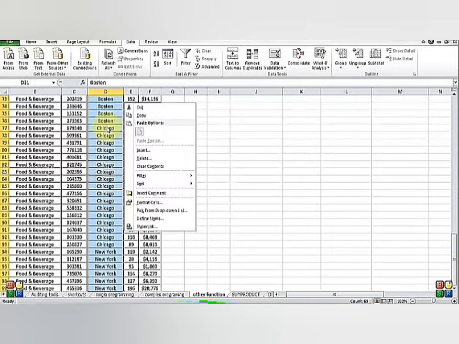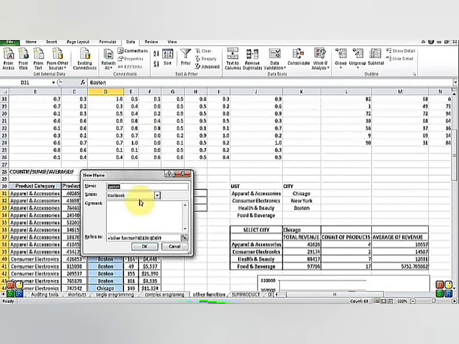When you convert this into a particular data set type, or a category or a name, it can be used as a whole. So you will hit the insert key and find define name. You can define the name as store location or city. I'll just define it as city.